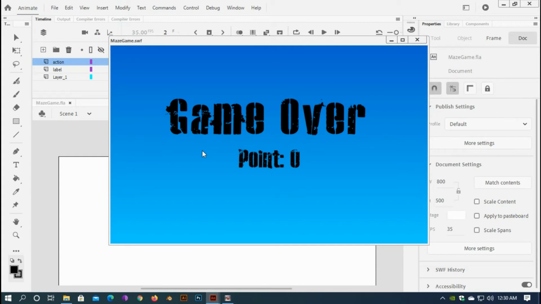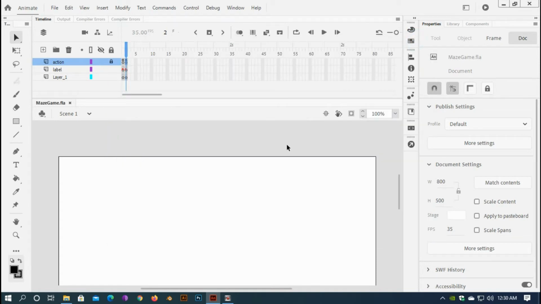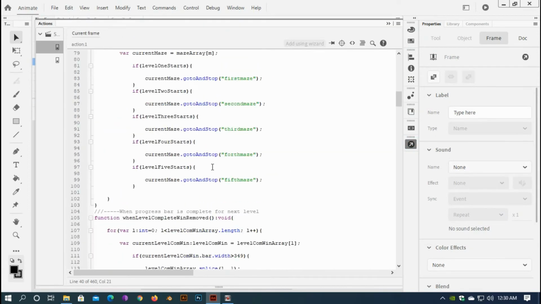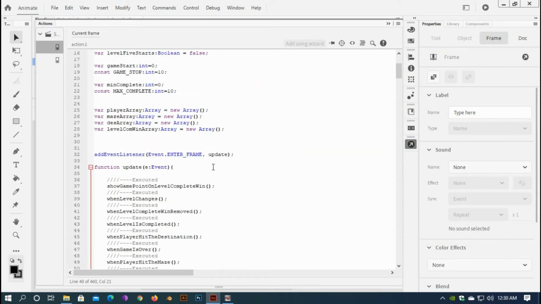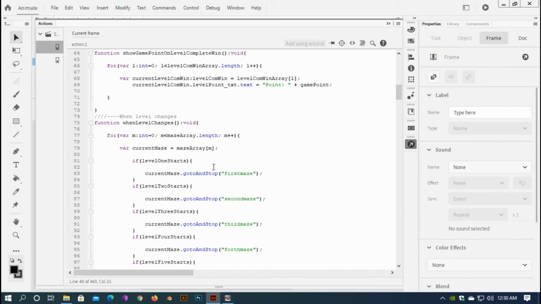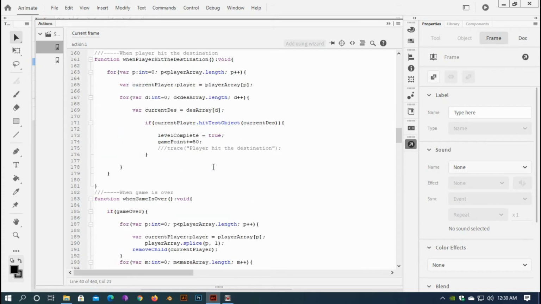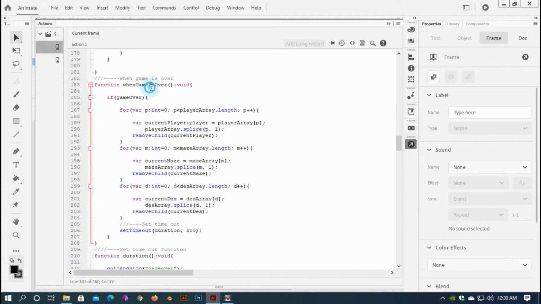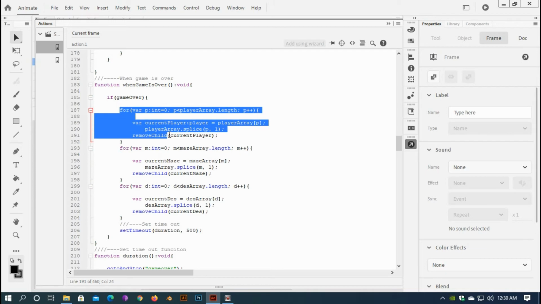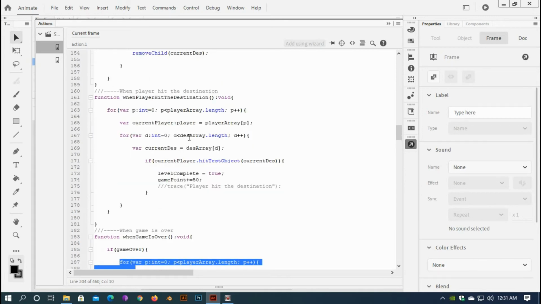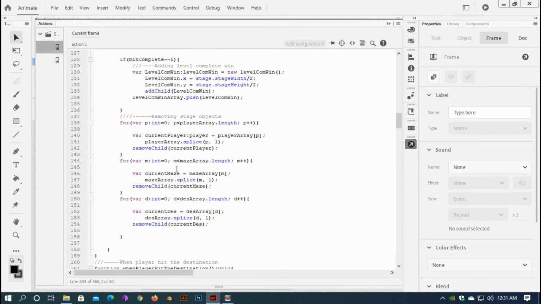That's it for game over win now. And now inside this main game frame, I'd like to make a change. Here when game is over, I remove these game items like maze, destination, current player, etc., and here also the